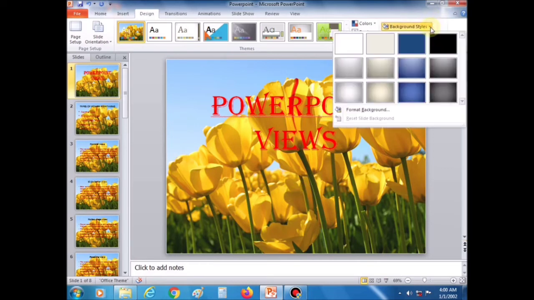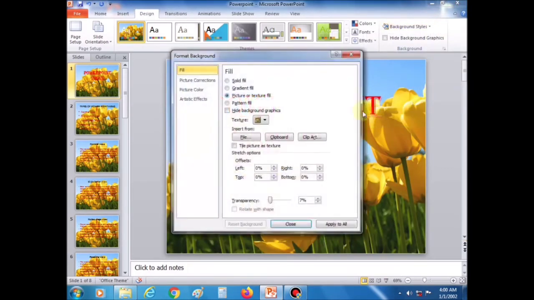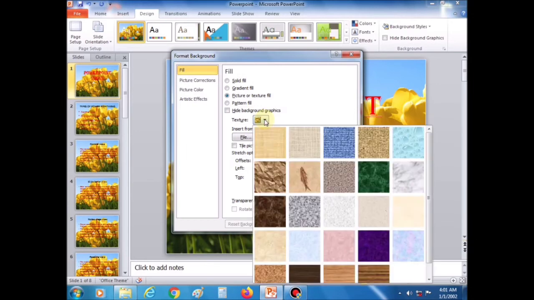To apply the textured background to the slide, click the Background Styles button, then Format Background, then click the picture or texture fill option, then click on the Texture option and select the desired texture from the drop-down box.